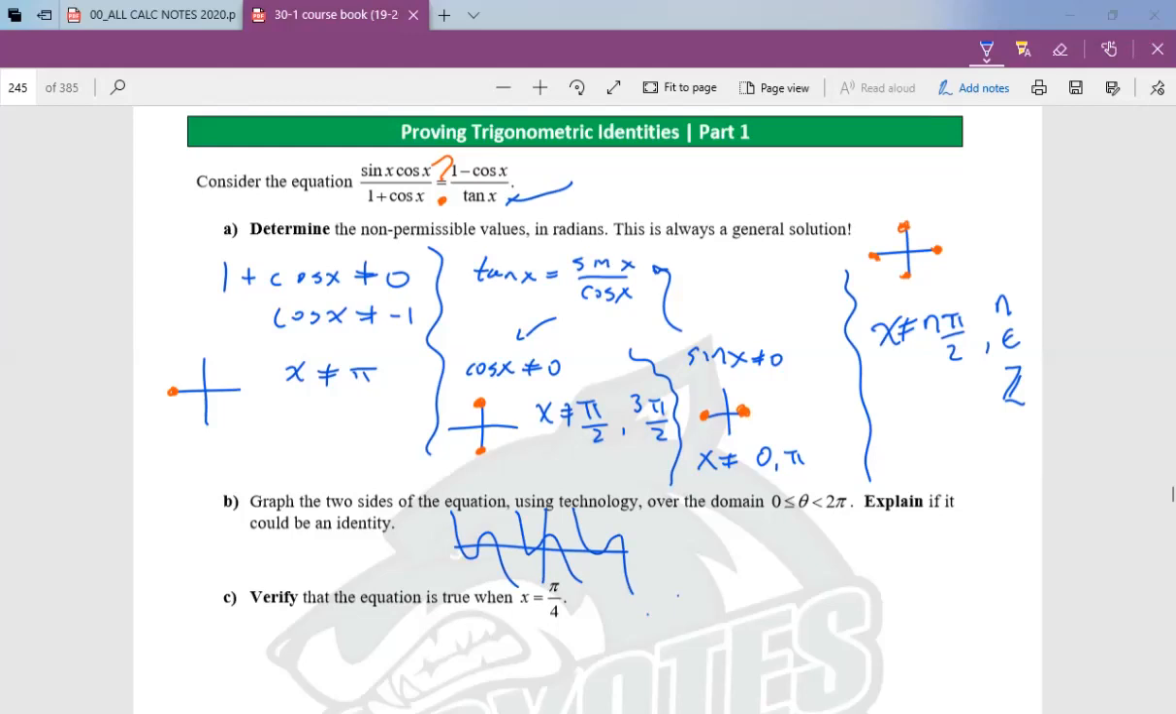So you're gonna have something that looks like that. And it doesn't matter if you graph the left side or the right side, they both look the same. So as far as we can tell, the graphs look the same. So make sure you've tried that on your graphing calculator. Explain whether it could be an identity. So to answer that question, we would just say,